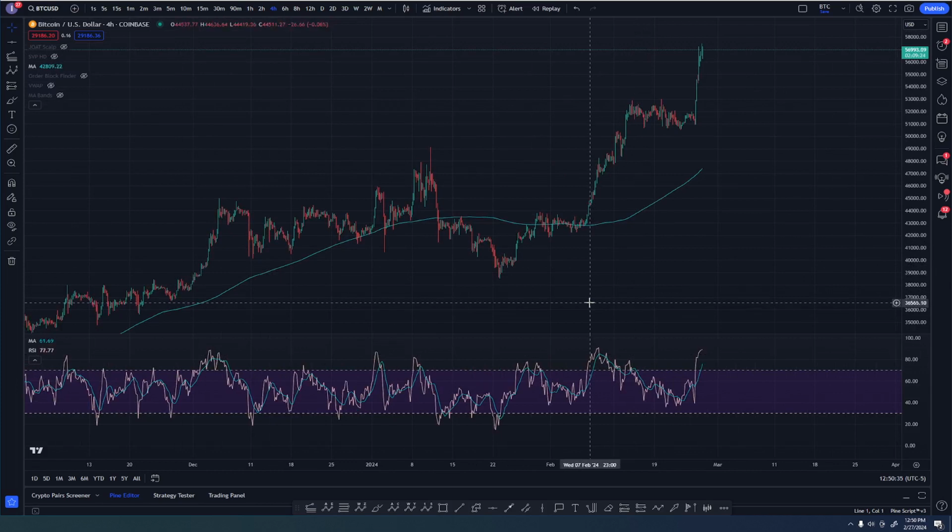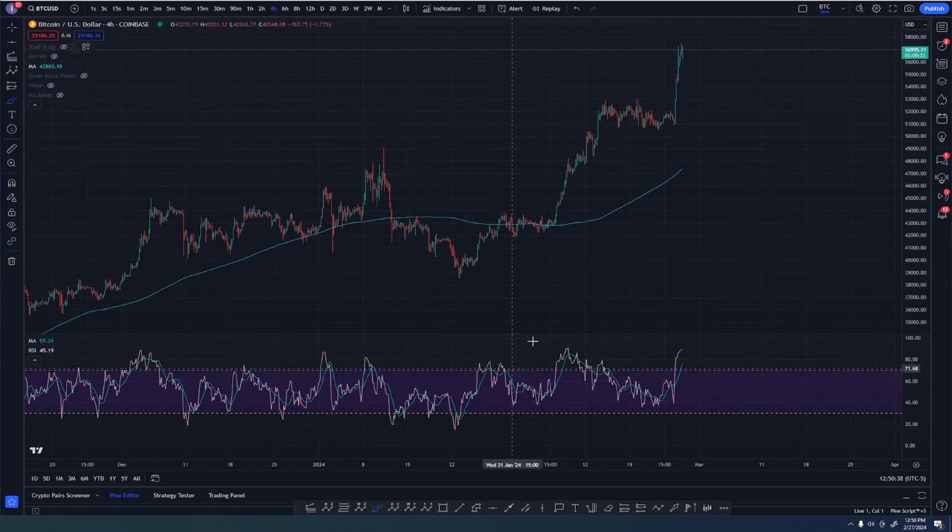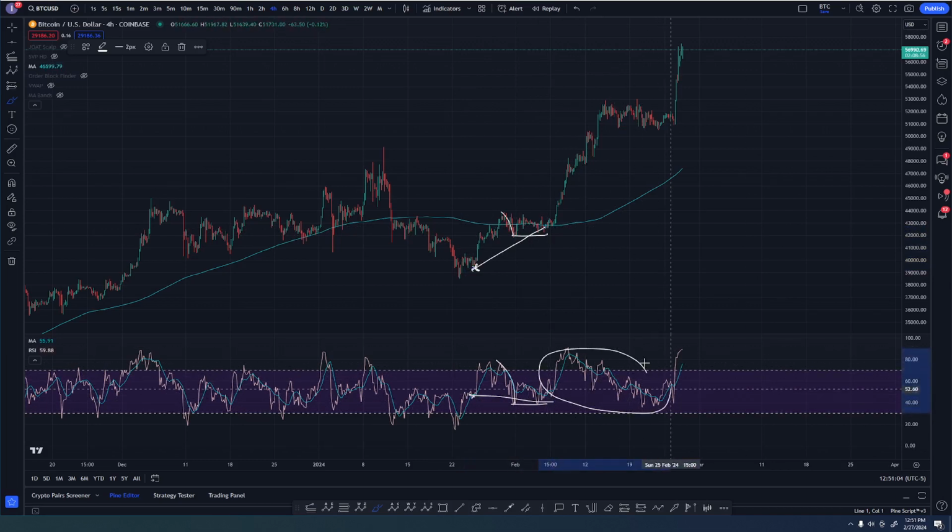That's very powerful. What you'll notice here is you have a correction in price. So the sellers are coming in on a correction here, creating these lows right here in price comparatively to this low right here. What you'll notice, this low makes an upward slope. Same low in the chart makes a downward slope. That's hidden bearish divergence. Okay, it's not as powerful as this divergence that you're seeing, but